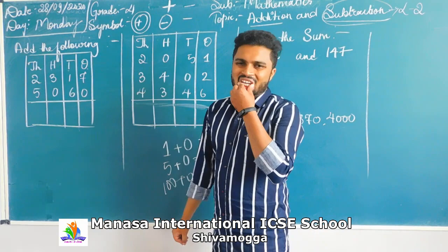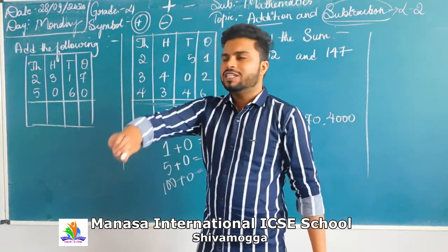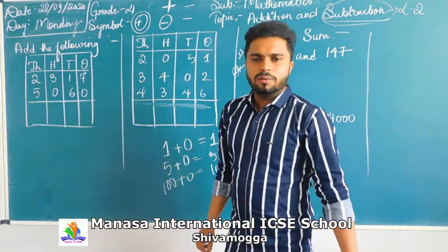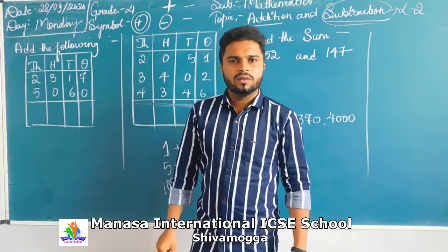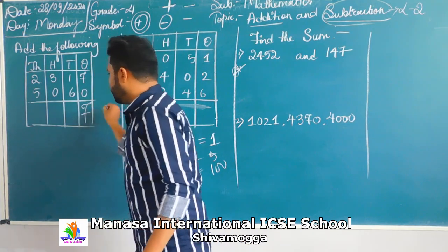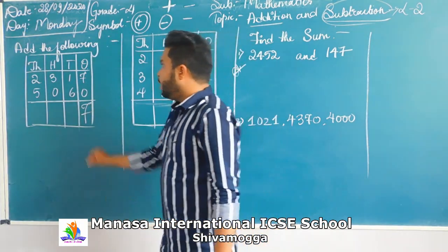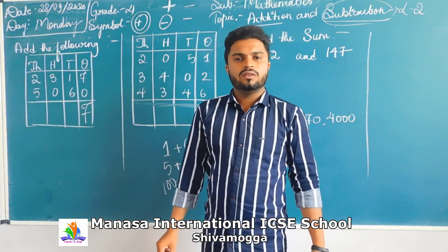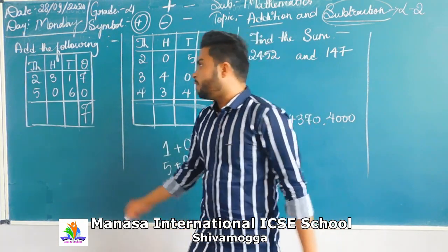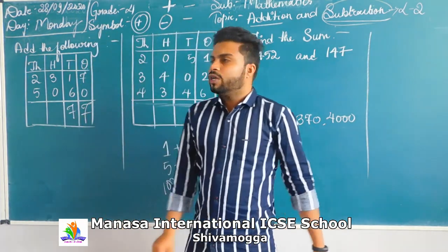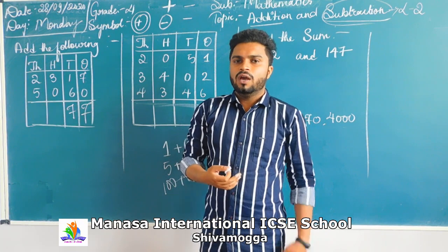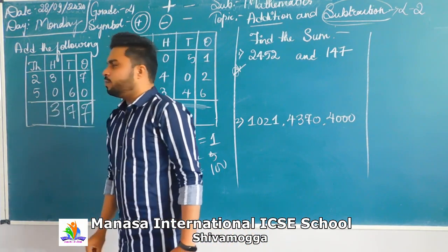So please look at the board here. In the ones place, this is like the place value, right? This is like your place values. In the ones place, you have what? 7 and 0. I told you when it is added up with 0, it is nothing but the same number. Done? Yes. Next, 1 and 7. 1 plus 7, 1 in the mind, 6 in the finger. After the 6, it is nothing but 7. Again 7. Now can you see 3 and 0? What will you get as the answer? You will get 3 itself. Why? When it is added up with 0, it is nothing but the same number.